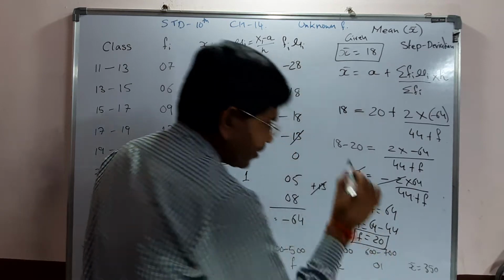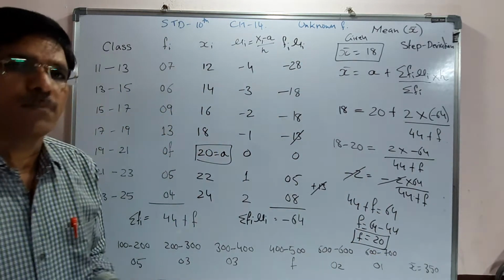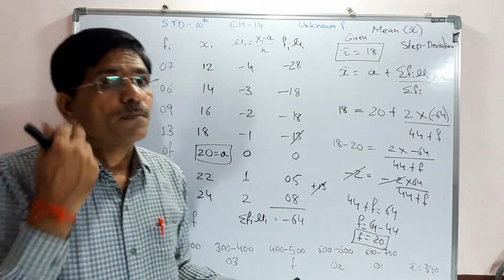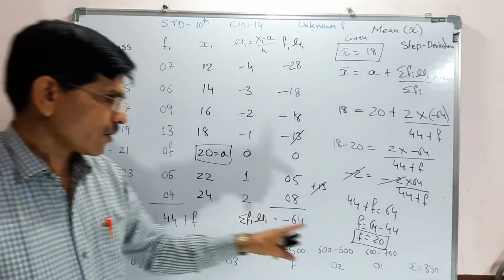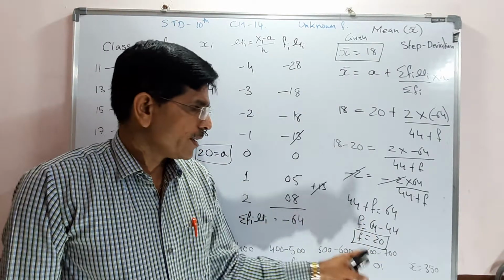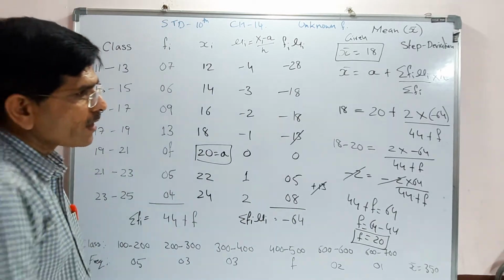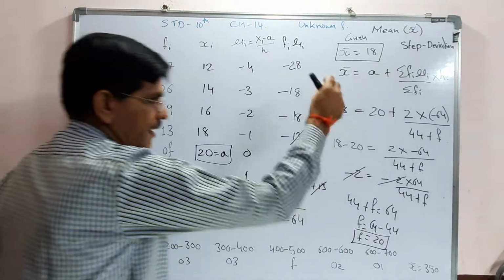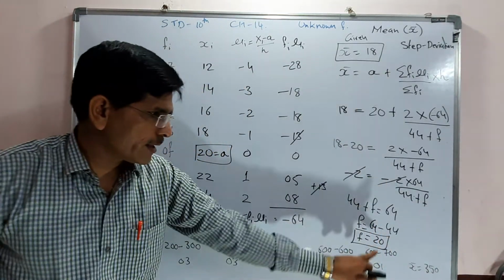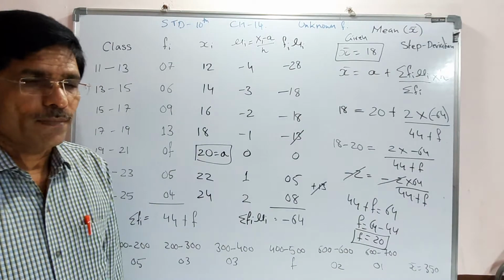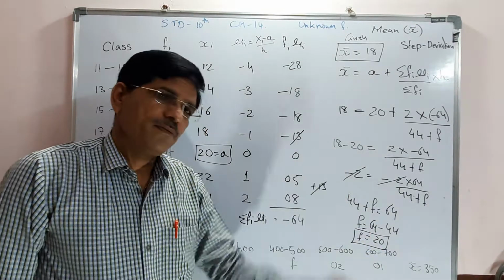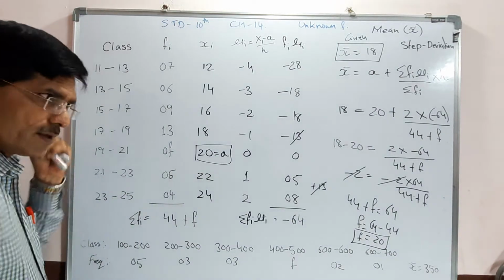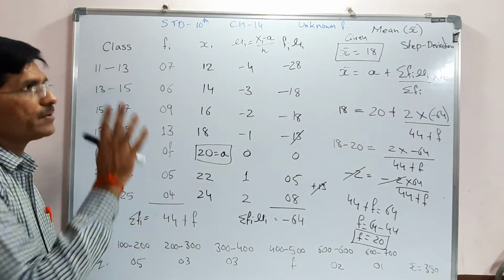So the unknown frequency should mostly be an integer, not in fraction form. Not a rational number, not in fraction form, generally it should be an integer. It depends how you do this calculation, but generally you will get a positive integer. We cannot get the answer in the form of a fraction. So I think how to find the unknown frequency, that is a good example related to your text.